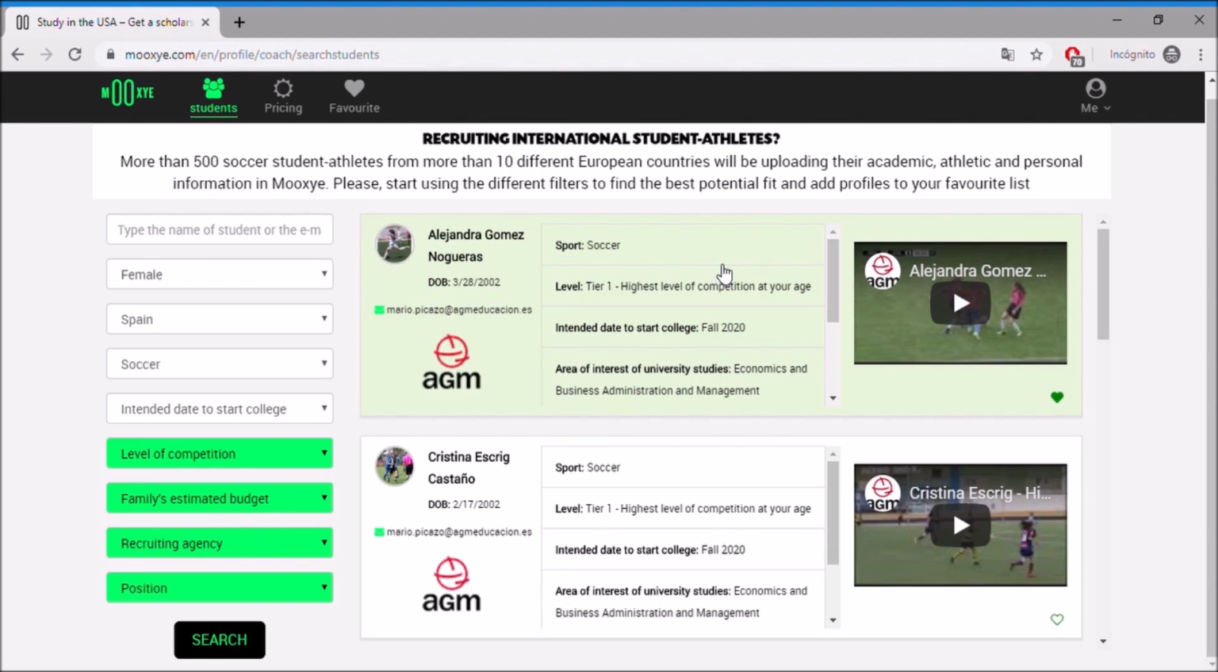We must warn you that not all profiles will have all the aforementioned information available from the very beginning, because we are constantly receiving new videos, test scores, creating new profiles and completing the information on each of them as we receive it. If you're interested or want to see the full profile in a full screen, you need to